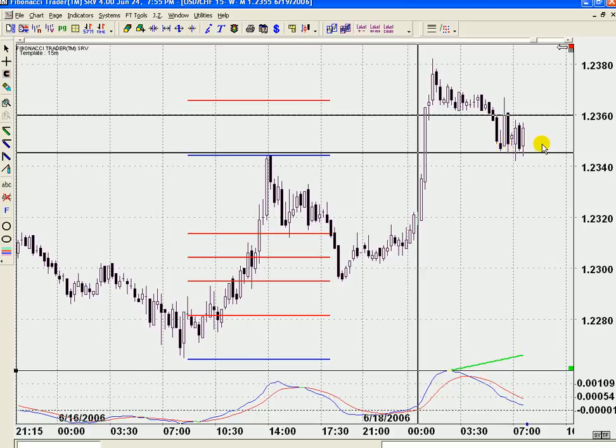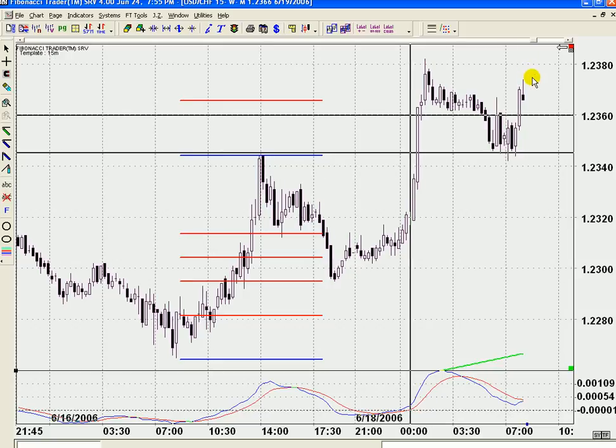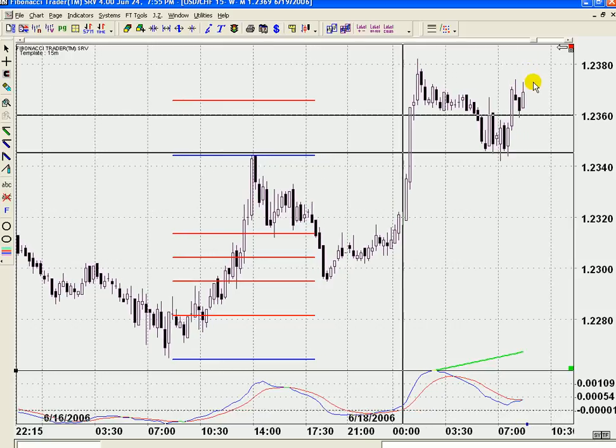Price first has to hold above 2350, 2345 to 50, but we need to make a leg up, and we need to see this dealing range right here. We need to see that dealing range move above 2360. If it does, that's very bullish for our trade, and we should get a spike to 2380. Now we're trading above 2360, and we want to see a spike to 2380. You see how it comes back and tests 2360,